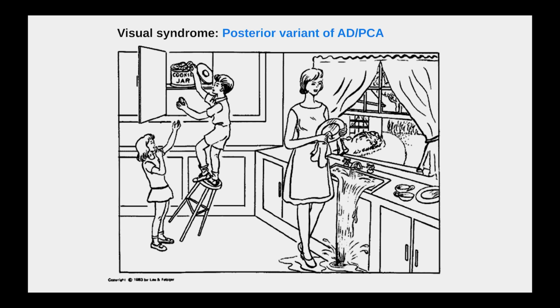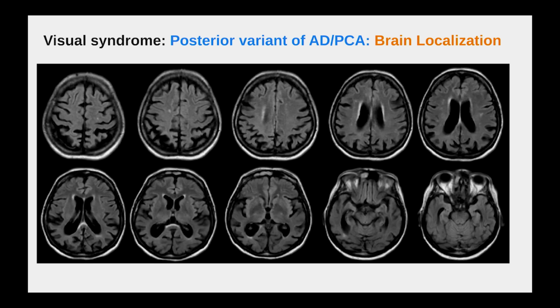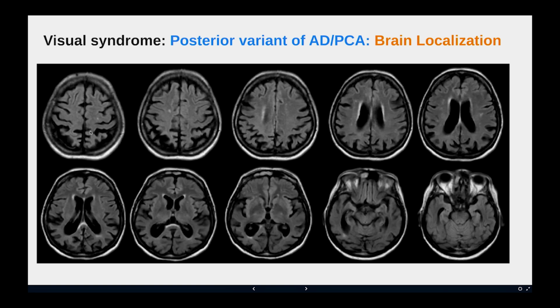But people with this type of Alzheimer's disease may actually not be able to do that because they may not be able to tend to all of the visual stimuli going on at the same time. They may be able to describe one thing. I've had patients just describe what's outside the window and not talk at all about what is happening inside the kitchen. So, this is one way in which we can test this at the bedside. And in people with this type of Alzheimer's disease, it affects a very different part of the brain, which is the posterior part of the brain.